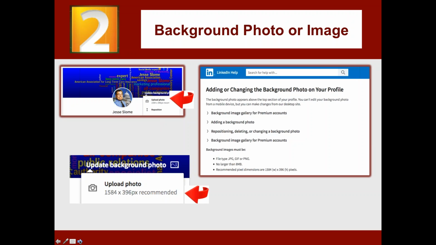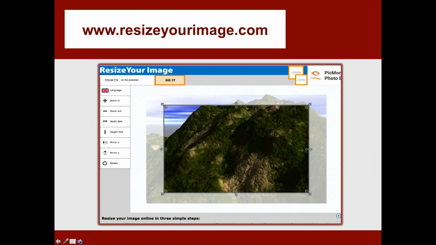Pixel is nothing more than the internet measurement. It's how many dots per, I assume, per inch. Shows how little I know. Could be centimeters, etc. But basically, it's the size of your photo. Now you look and you say, well, I have a photo, but it's not the right size. Perfect. Go to